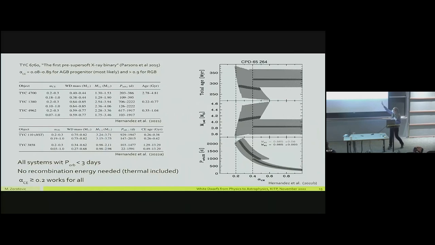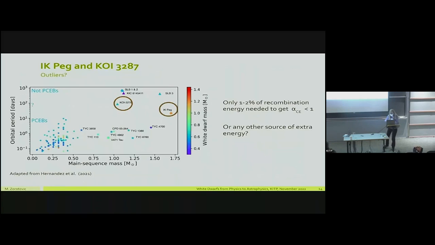I just put 1 there as the maximum because more than 1 is not physical. But most of the results are in the range where you still have 0.2, 0.4, so then you get more likelihood. And finally, these two are outliers. We still don't know. For KOI 3278, I'm not even sure it is a post-common envelope binary. It might even be stable, non-conservative. The ones above are all not PCBs. And IK Peg, as I said, only needs 1% of recombination energy or anything extra